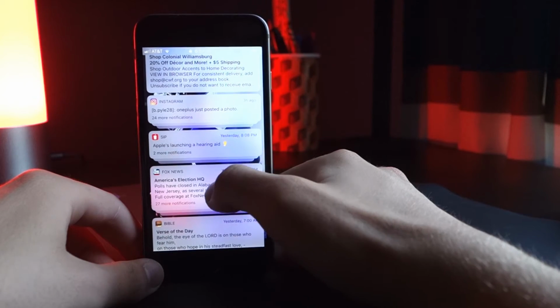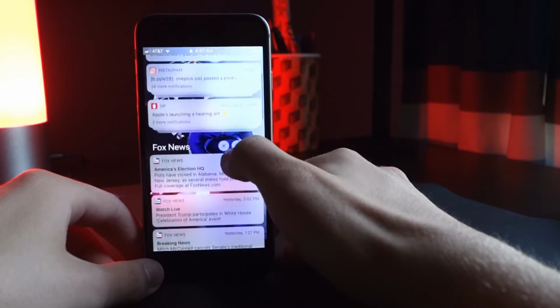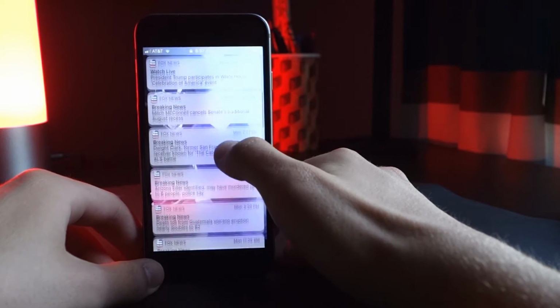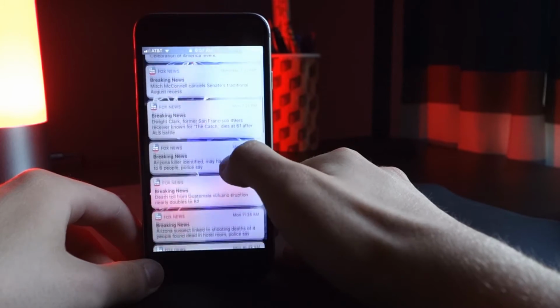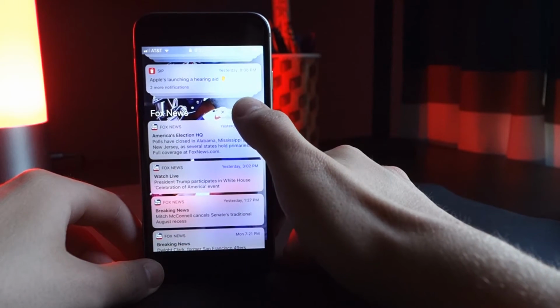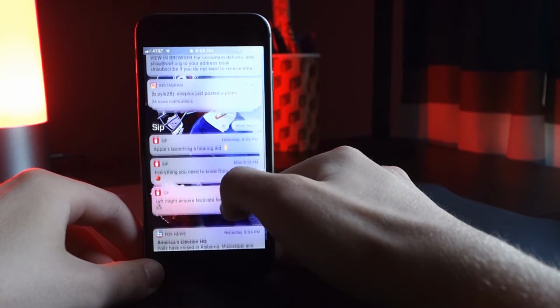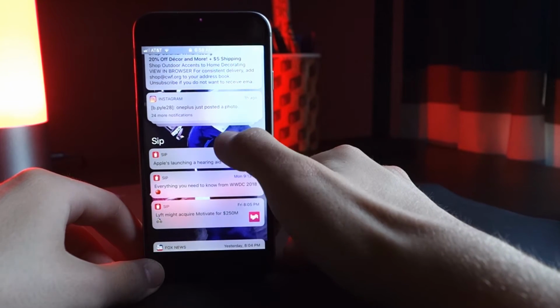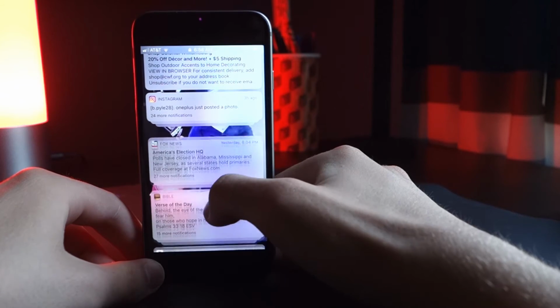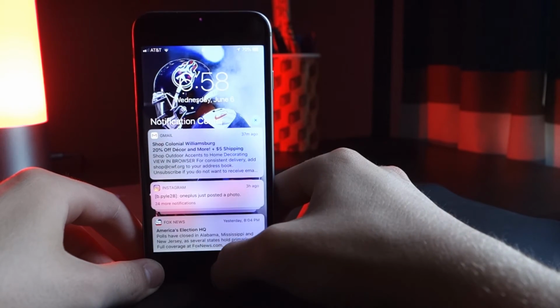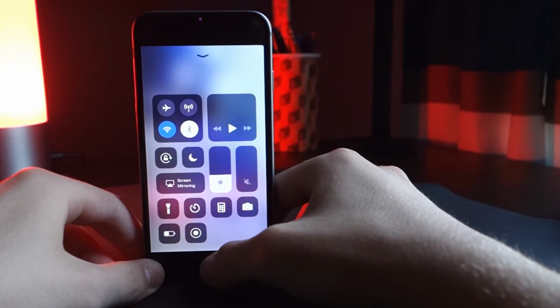One of the biggest, if not the biggest, and most requested change in iOS 12 is grouped notifications. We have been asking for this forever from Apple, and they have just now delivered in iOS 12. Now in iOS 12, your notifications from the same application will be grouped into one, so you don't have to keep scrolling and scrolling and scrolling to find the notification that you want to see. You can just find the app, click on it, and it will open up all your notifications from just that